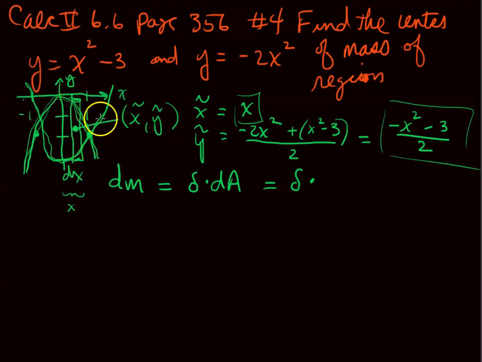Now, the width is dx. The length, we can't use that midpoint. We've got to take this length, the x squared minus 3, and subtract this negative 2x squared. But we also want things positive, I guess. So the length is really,